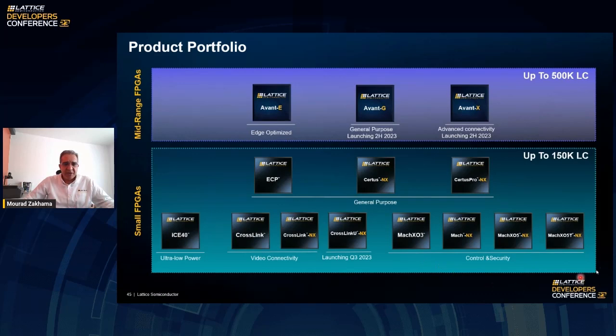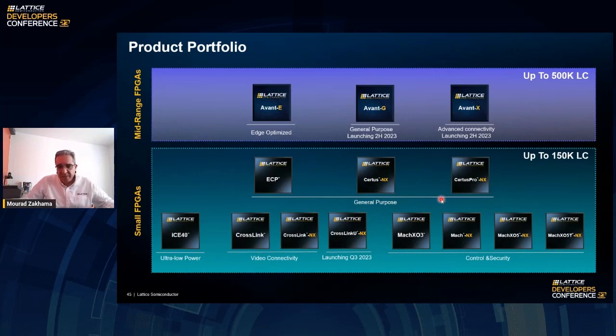As you can see here, for the smaller density FPGAs, iCE40 UltraPlus is the one that we've seen in this presentation. We also have a video connectivity product, which is more adapted to video implementation, mainly MIPI, CSI, DSI requirements, with CrossLink-UNX, which also supports USB. For control and security, the Mach family is very well adapted to that segment. And general purpose